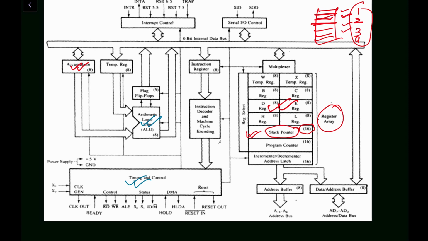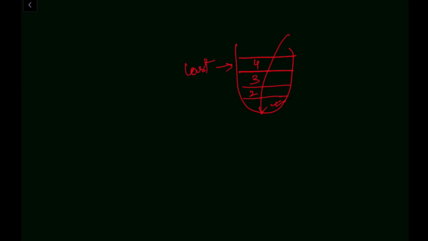Why is this faster? You can consider one example. Suppose you have a bucket, and you are putting balls in different layers. Here, these are the stacks. Suppose the first ball we put will fall into the bottom part. The second ball will come here, the third ball will remain in the third stack, and the fourth ball will come in the fourth stack. This is the last ball we have put, and this one was the first. So last in first out: whatever is the last in will come out first.